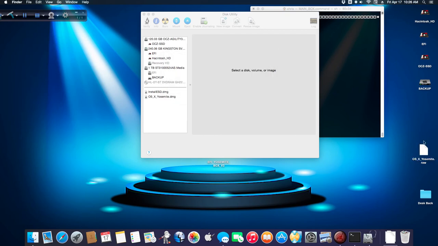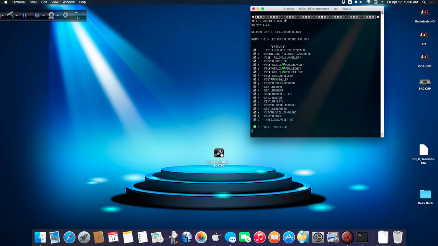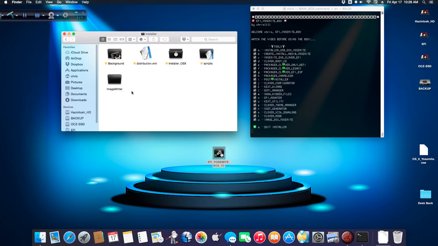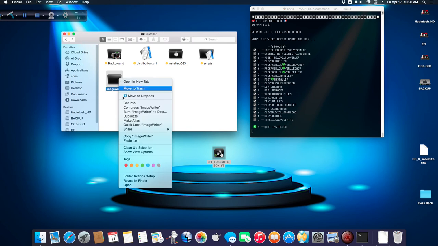So you copy this image on an HDD external USB drive on FAT32 or exFAT, because with exFAT you have the possibility to have bigger space on your drive. So you copy this and you go to Efi Yosemite Box. On the installer here you have Image Writer. So you copy this folder